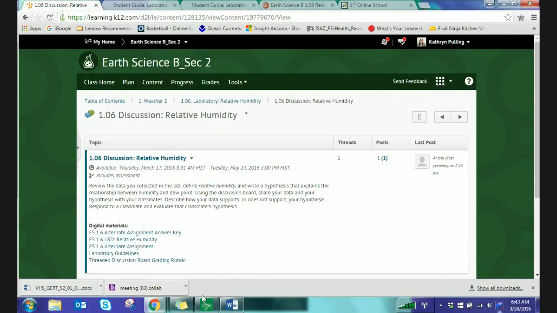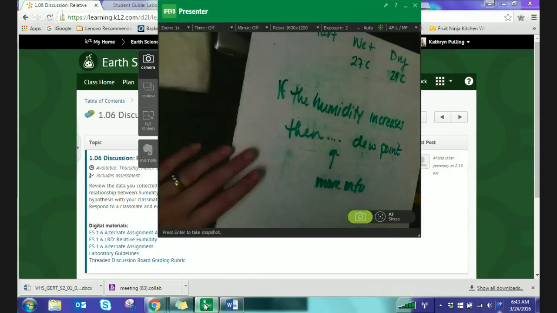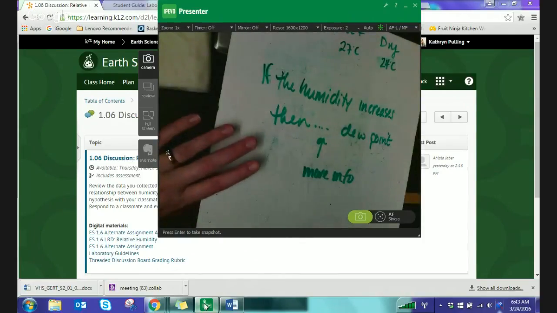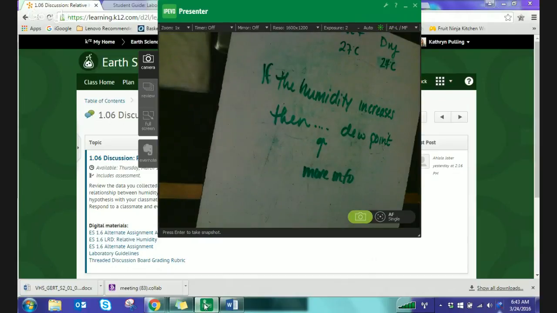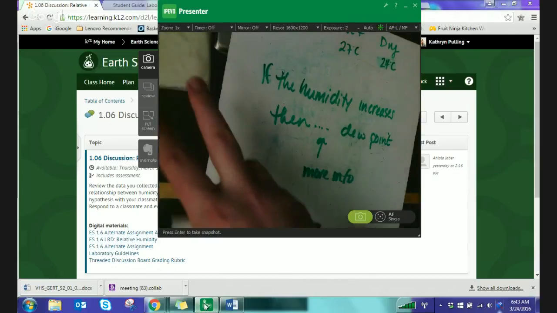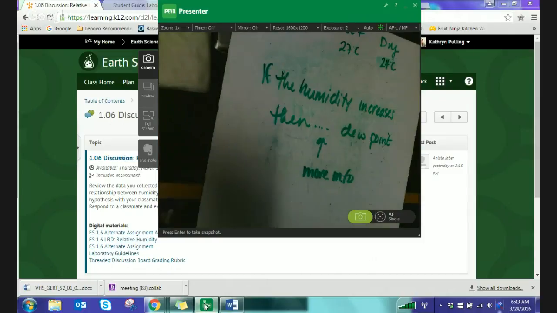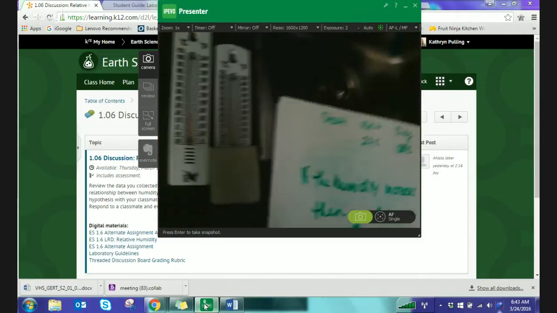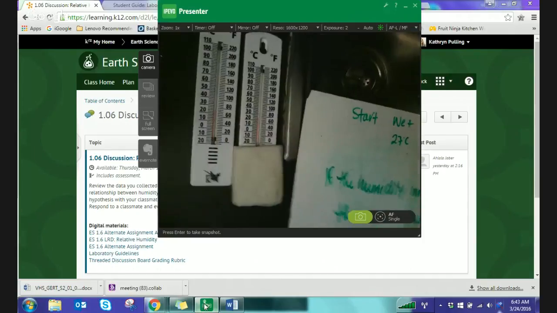Let me show you what I'm actually writing. So your hypothesis for that part should be something like, if humidity increases, then predict what's going on with dew point. And that's going to involve some sort of description of what you expect to be going on with your thermometers here, right? Because these thermometers